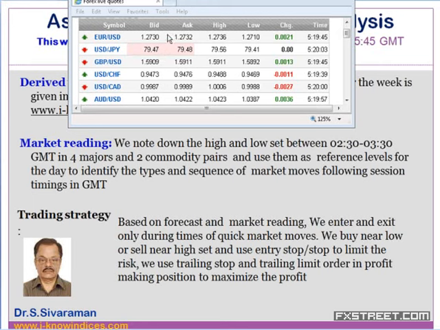The best thing to protect your equity is using hedging. And in many places, when you say that you want a hedging facility to limit the risk, they will simply say that you do not know how to trade. Because if the hedging facility is given, then you will have a buy position as well as a sell position, and your equity is protected. And the players are not in a position to earn money from you. That is why they just try to say that if you want hedging, that means you do not know how to trade, and you have to use a stop and try to read the market and trade